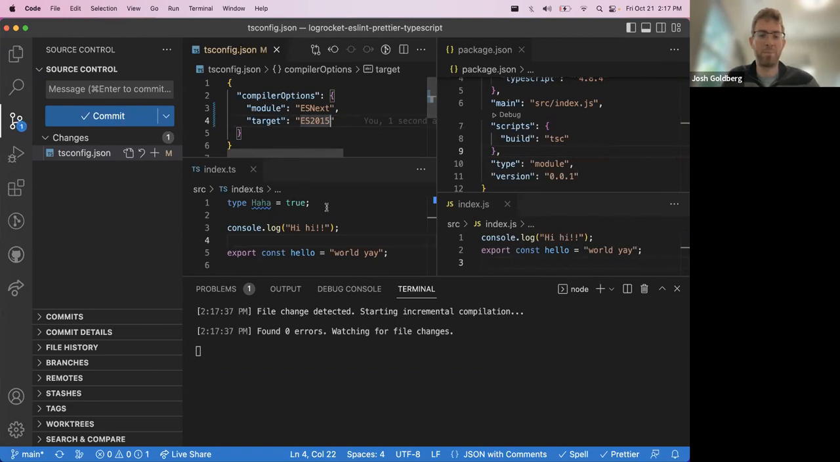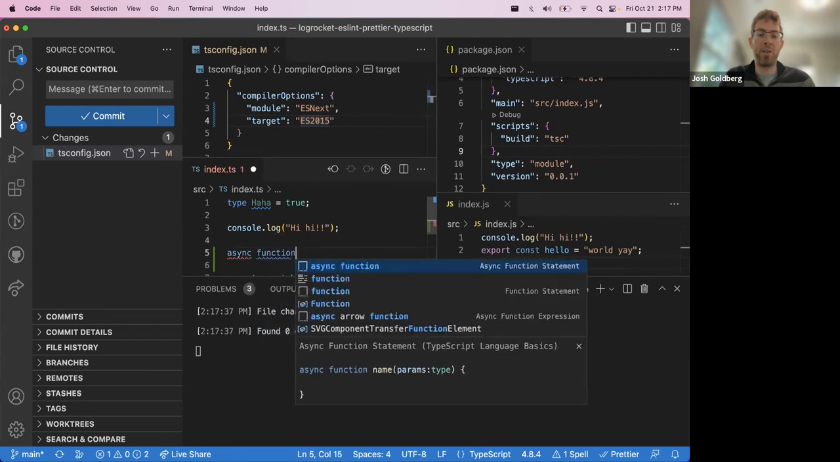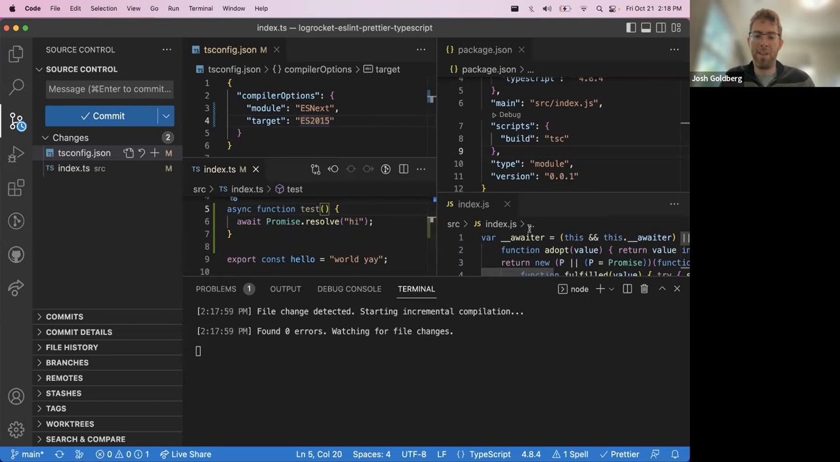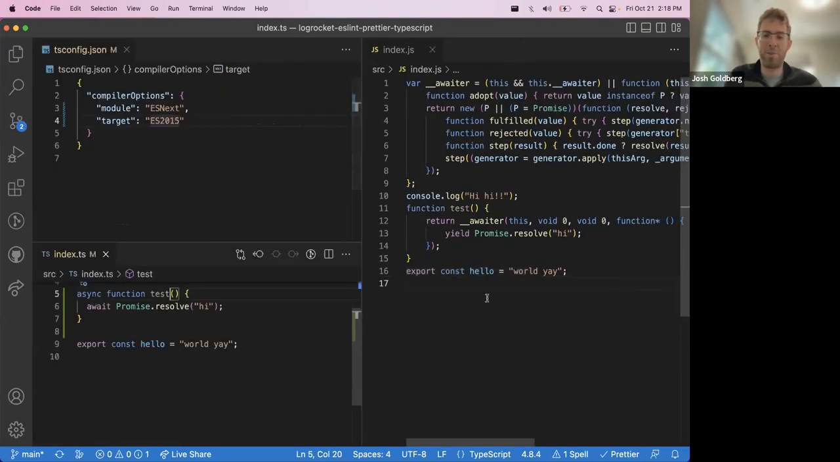output. And if you want to see some really fun stuff here, declare an async function, hello, that returns await Promise.resolve. Hi. Ooh, what is this complaining about? Oh, it's a duplicate identifier, test. Here we go. And you can see the glorious amount of stuff that TypeScript adds in order to support older